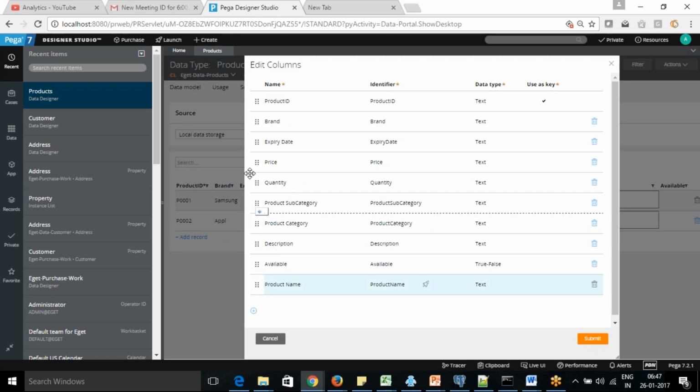And if you want to change the way it looks, you can move it as well. Yeah, so now this is the brand, then the name, and then the expiry date and price will come.